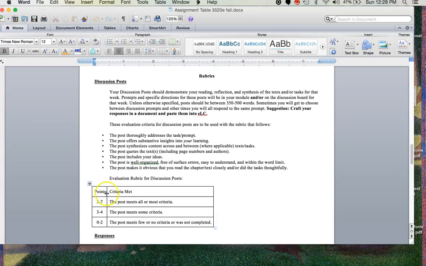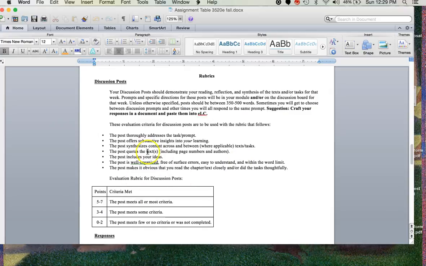Pretty much what I am looking for is that you thoroughly address the task. You don't just pick part of the question and answer it, you answer the whole question. That it shows that you're using what you've read, not only your prior knowledge, and ignoring the Beers text or the article, but you can synthesize them for sure. That you use the text. It doesn't necessarily have to have an exact quote. It could be just a reference. You know, Beers talks about several strategies on pages 30 through 35. That to me is fine.